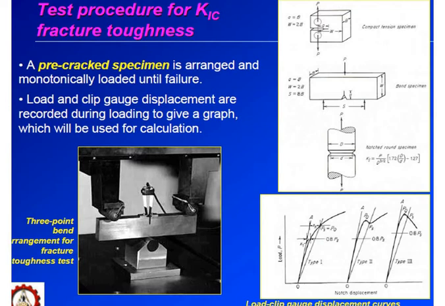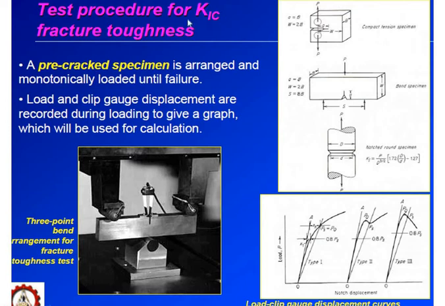And coming to the last one, we have the notched round specimen with a tensile pull. Small d is the diameter where you are going to have the notch, and capital D is the overall diameter. So these are the 3 specimens. Now we are going to see how we find KIC for these 3 specimens. So let us come to the theory part.